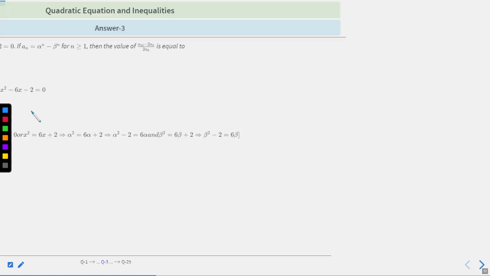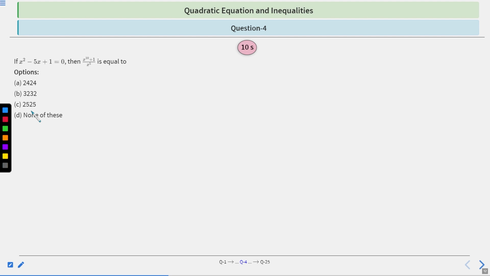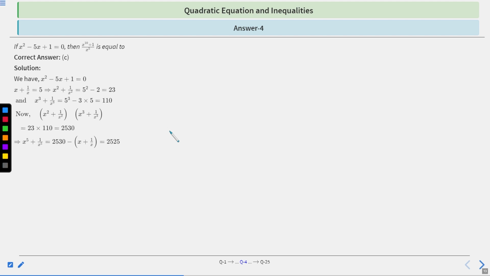Now let's discuss the next question. If x square minus 5x plus 1 equal to 0, then x to the power 10 plus 1 upon x to the power 5 is equal to. So let's discuss the solution after 10 seconds. Okay, let's come to the solution part. If x square minus 5x plus 1 equal to 0,